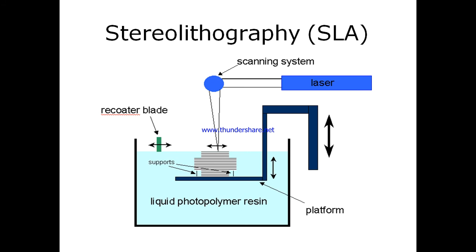In the case of stereolithography, you can observe a laser and a movable table, or what we call an elevator, initially placed at a position just below the surface of this vat, filled with a liquid photopolymer resin. This tank is entirely filled with liquid photopolymer resin. This material has the property that when light of the correct color, coming from the laser, strikes it,